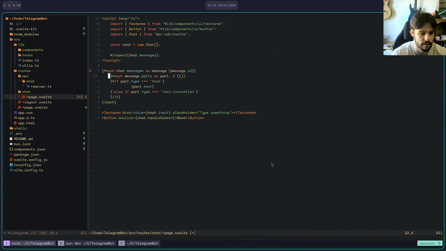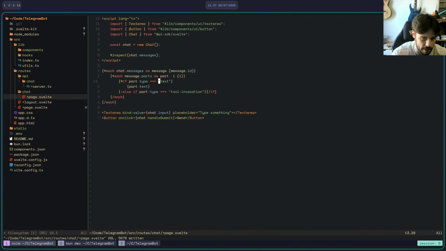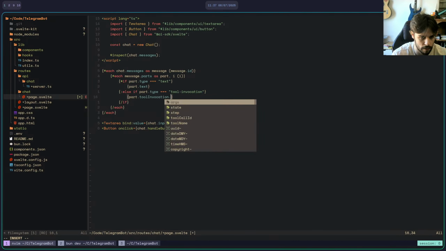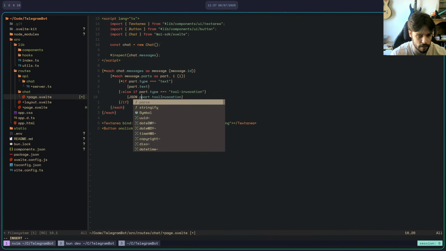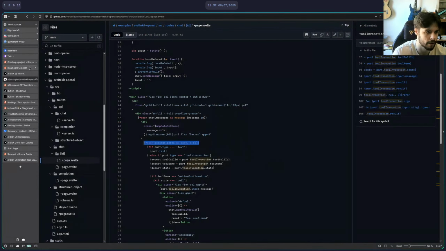Using an index as a thing, it's probably bad. Otherwise, in here we're gonna write part dot tool invocation dot, just JSON dot stringify. There we go. Okay, cool. Maybe that works better.